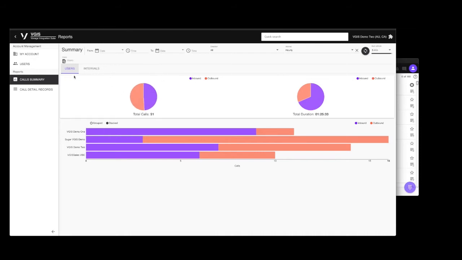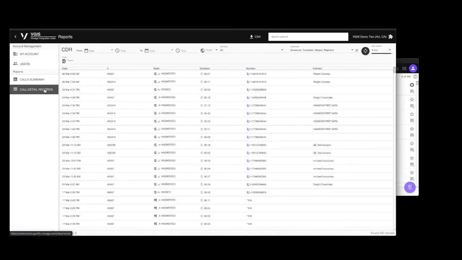Once I have that information set, I can click on Call Detail Records, and it will show me all of the call logs from the Vonage Business Communications System for those calls, as well as any matching contacts that were found inside of the Zendesk system, so I can easily see how many times people have called. I can export this information as a CSV and further filter that inside of Excel or Google using filtering or pivot tables.